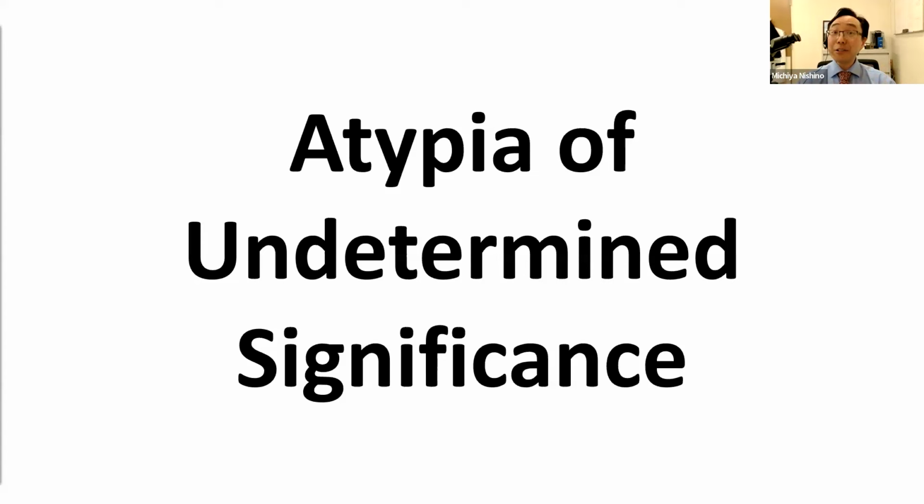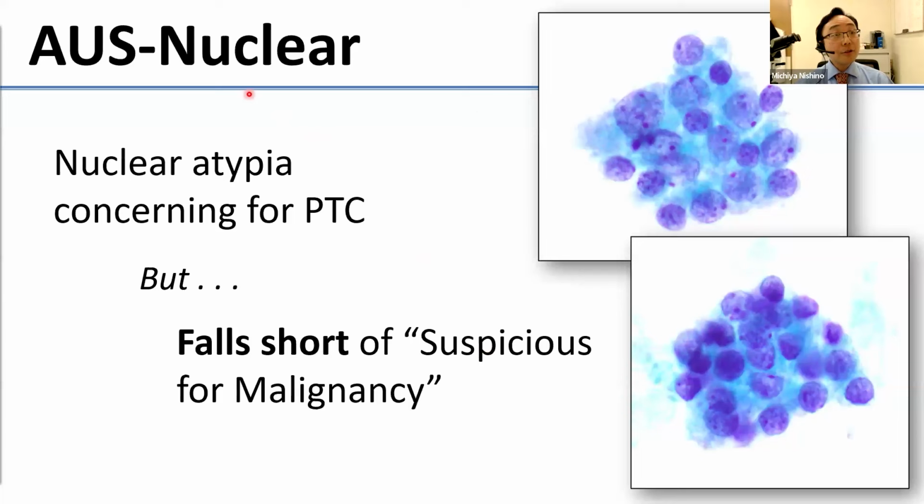All right, so in contrast to that follicular neoplasm category, atypia of undetermined significance is a more heterogeneous category with an element of subjectivity as well. It's helpful for us to think about AUS in terms of two main subcategories. First, we have those AUS cases with nuclear atypia. These are those aspirates where cells show some features worrisome for papillary carcinoma, but fall short of a suspicious for malignancy interpretation. And like we discussed a few slides ago, why an aspirate would fall short of a higher